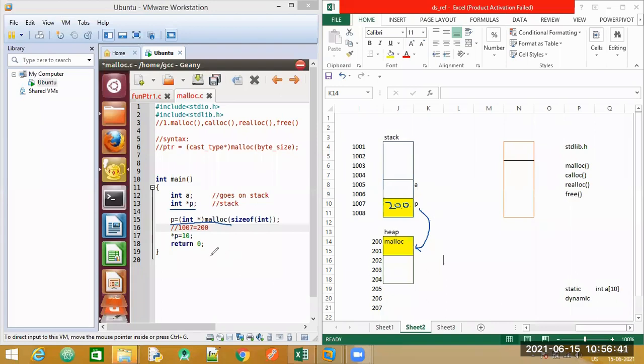Now we'll come to the statement star p is equal to 10. I have directly written it without accepting input. We'll do that in tomorrow's class. We'll write a printf statement and take it from the user. So star p is equal to 10. Star indicates the content. Correct? Now, what is p? p is pointing to 200. When I say star p, which value gets updated? At which particular address is the value 10 updated?